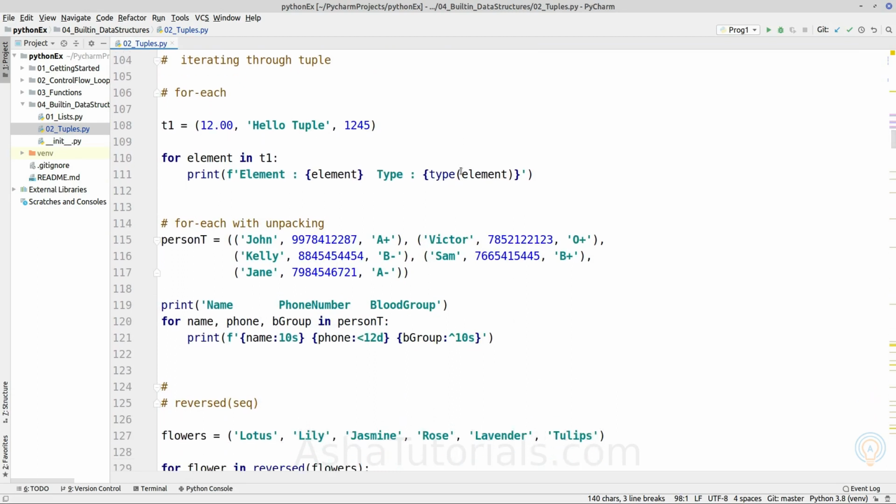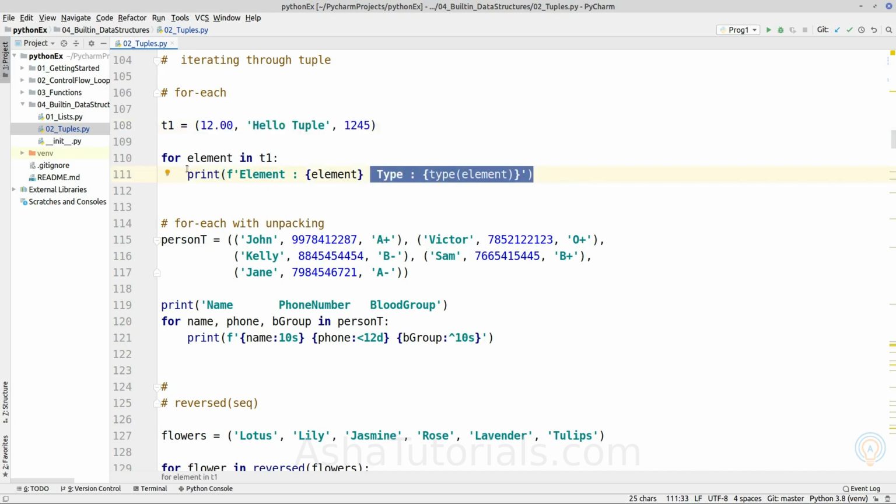Next topic is iterating through a tuple object. So it is the same as we saw for the list object. We can write a for each loop which will iterate for each element. So here we have different types of elements inside the tuple. So we are printing in the for each loop the element's value and the type of element.